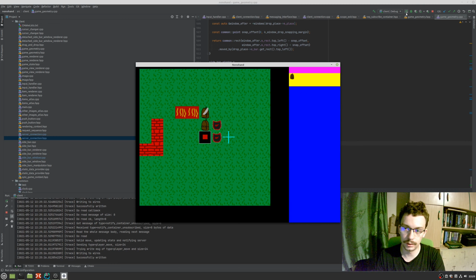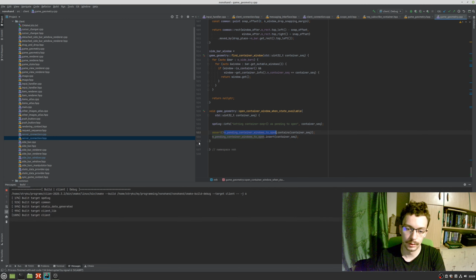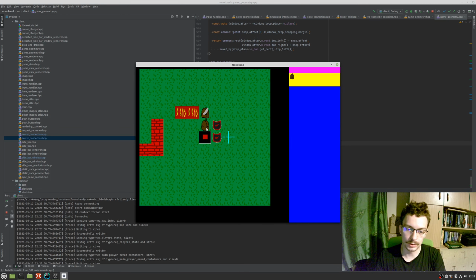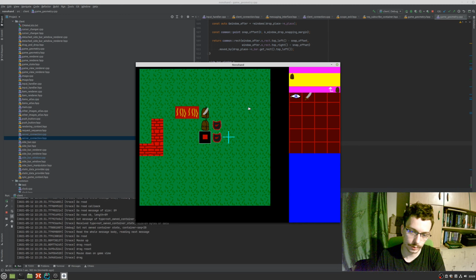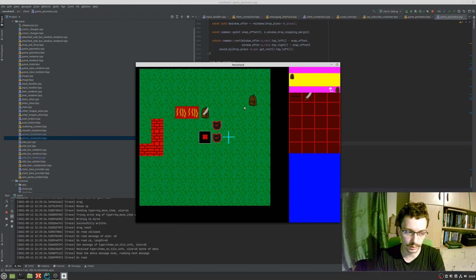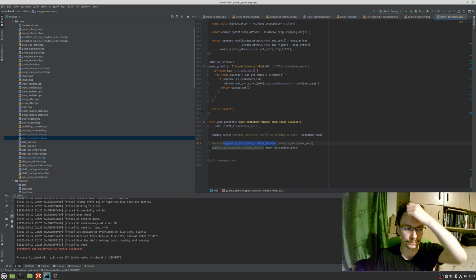But if I once again open it and I move this backpack somewhere else, that doesn't trigger the logic in the server, and the server is not unsubscribing this container from us. Okay, so let's handle that,